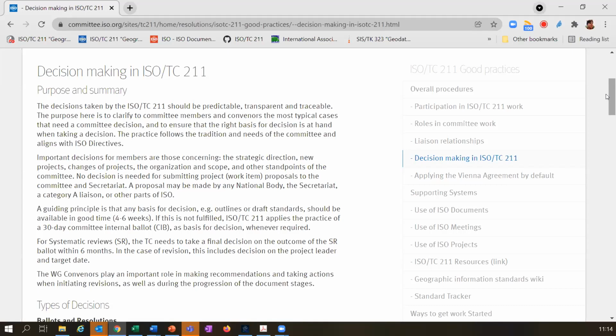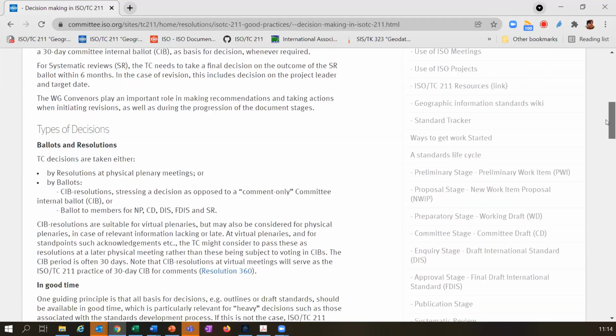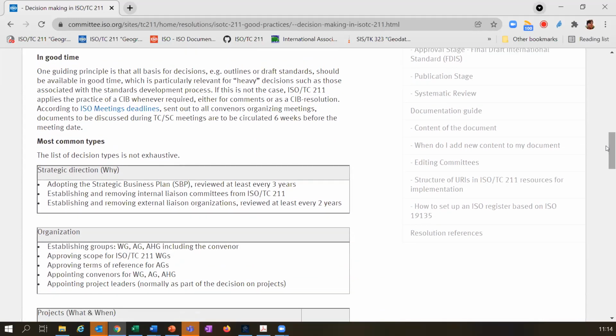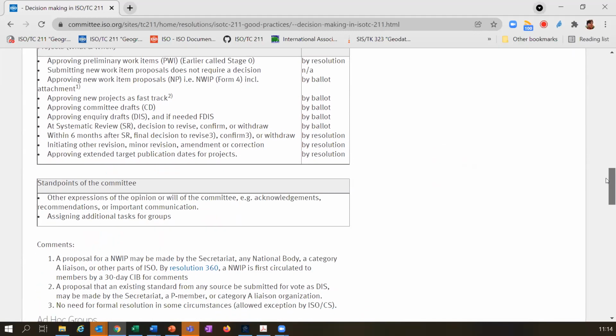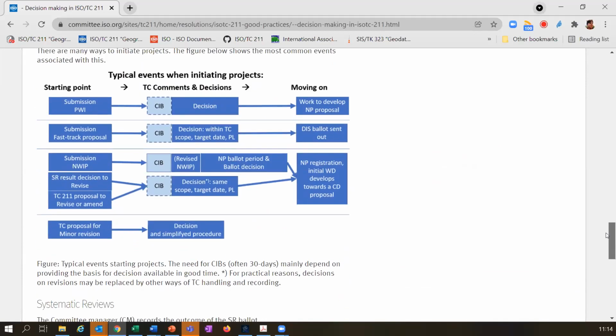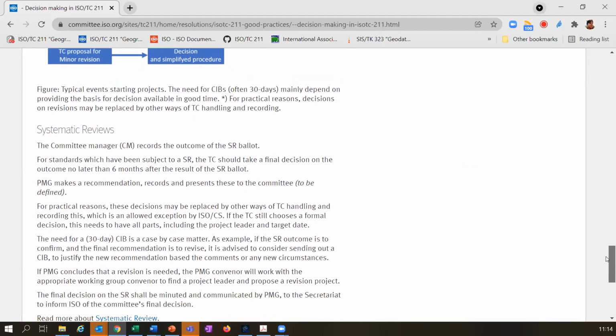But again, perhaps it's a good thing for the new person coming in, or the person that wants to understand why we are taking a decision about one thing and not the other thing. And we have tried to note down all the different scenarios that we think we are taking decisions about. And it's quite complex actually to understand all of these things.